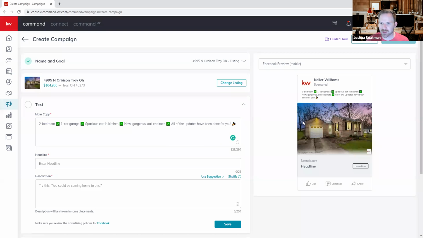When it comes to Facebook ads, especially, less is typically more. People don't want to read a wall of text, right? So the more you can integrate emojis and things that are going to draw people to it, the better. The headline can be "Move in"